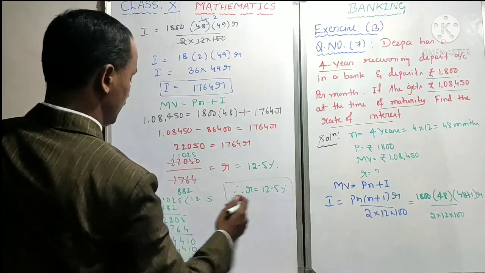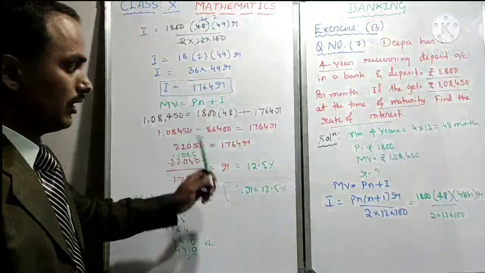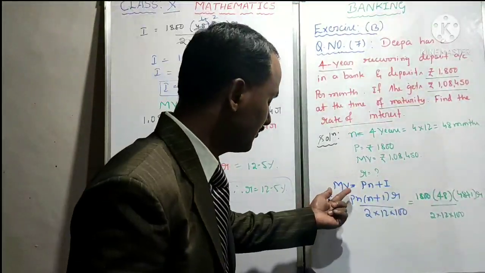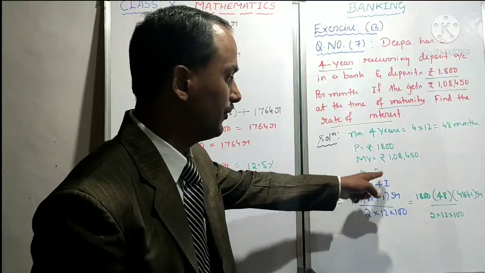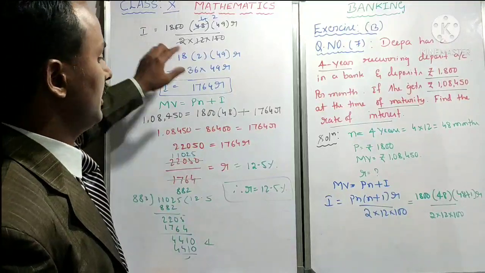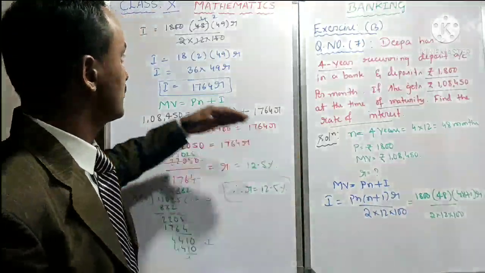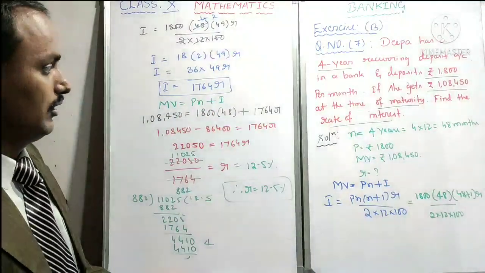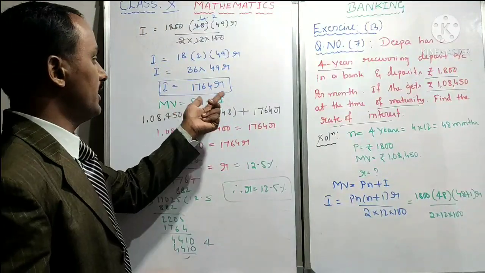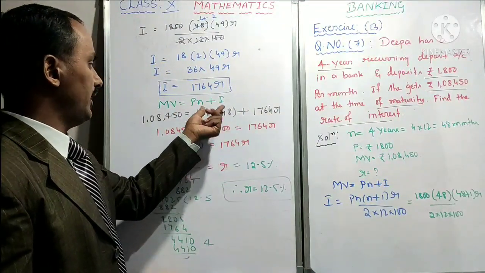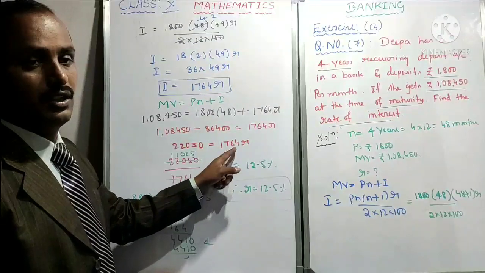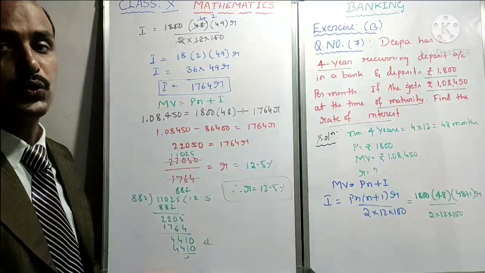In some problems, you should go for long division. See, find the rate of interest: I told two methods. First, in the previous problem, how I did it: I substituted the P value and N value in the maturity value formula, found the interest amount, like the interest amount found by substituting in the interest formula, and then directly found the R value. But in this problem, I found the interest amount in terms of R. I substituted this value here, transferred this value to this side, and subtracted. I got 22,050. Then I equated, transferred this one to the denominator, and we got the R value 12.5%.